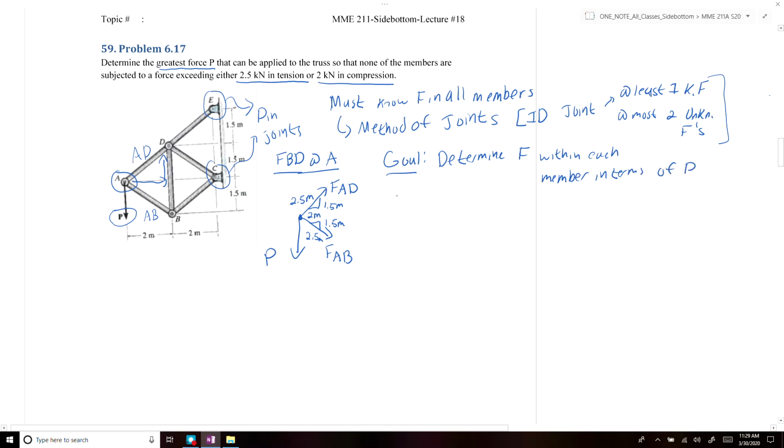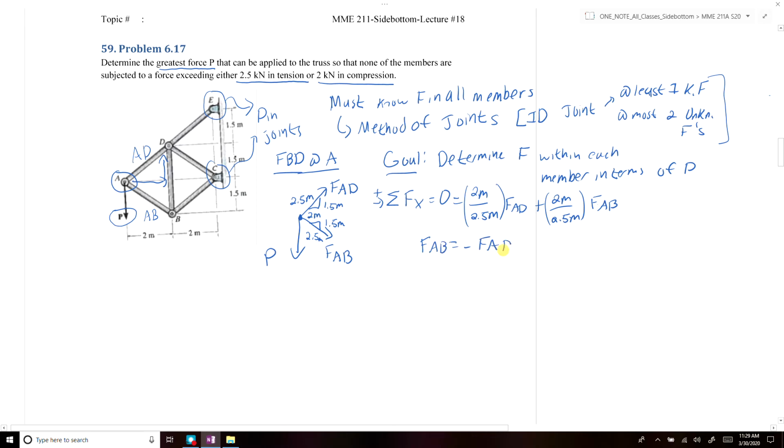All right, so the first thing we can do is sum all of our forces in the x direction and set that equal to 0. If we do that, we'll get 2 meters over 2.5 meters times FAD plus 2 meters over 2.5 meters times FAB. The reason we're using the ratio of the sides of the triangle is to determine the horizontal component of FAD and FAB. If we evaluate this, we end up getting that FAB will be equal to minus